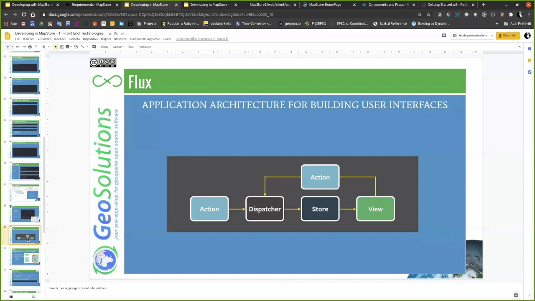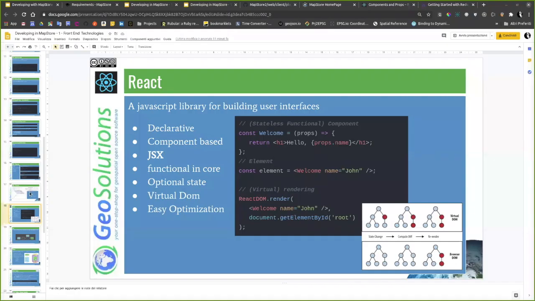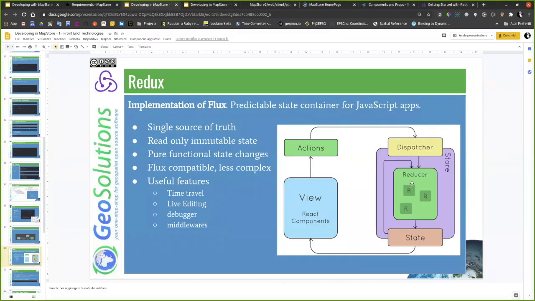So, just to summarize this first part. As I said, we have React for the view part, and Redux with this function called reducer. Every R here is a reducer, and the store contains all the state from all the reducers. And every time the state is updated,